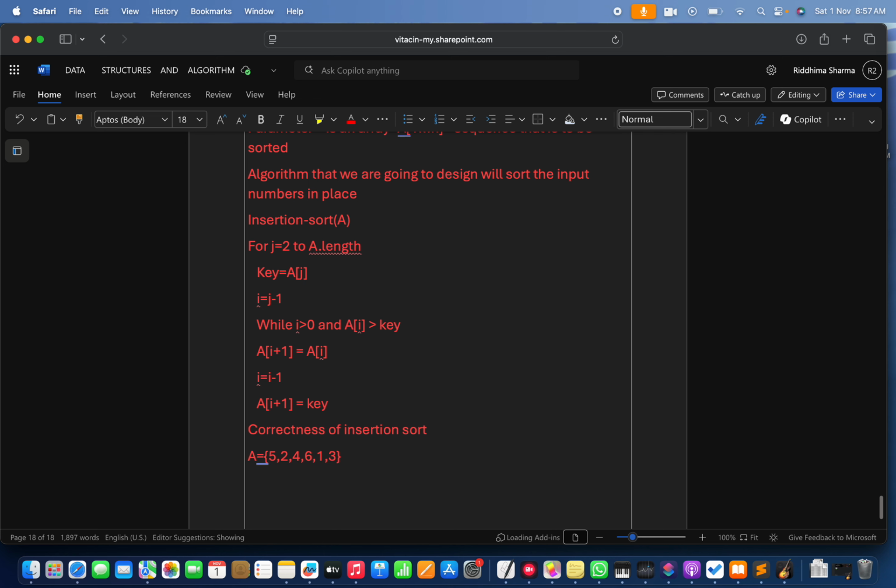The index j indicates the current card being inserted into the hand. At the beginning of each iteration of the for loop, which is indexed by j, the subarray consisting of elements